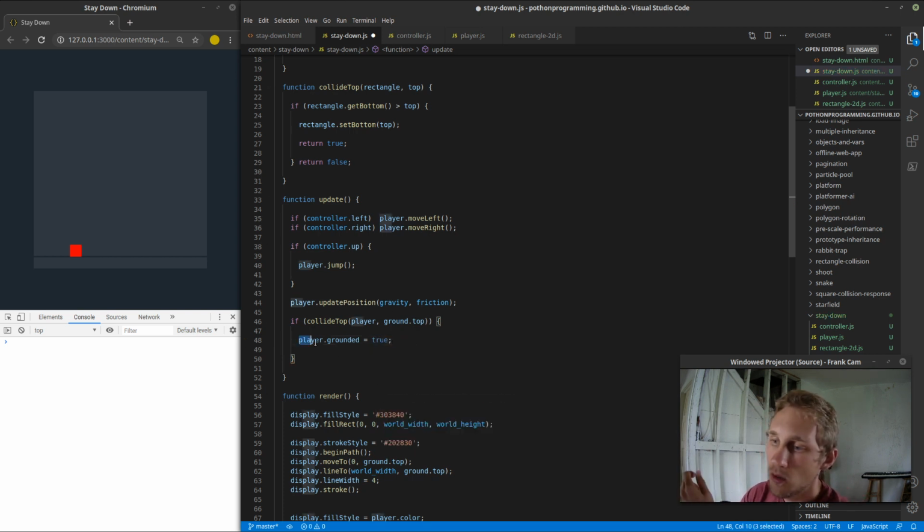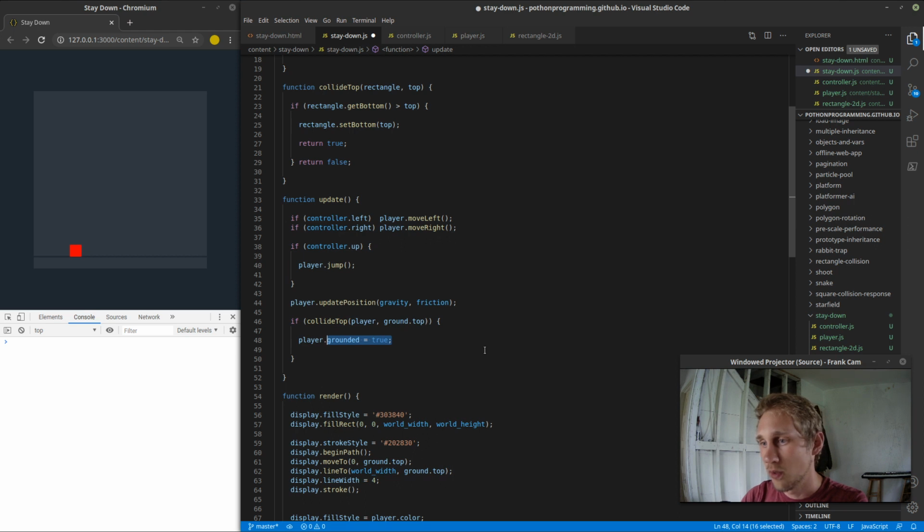This might not be the right way to go about things, but I personally feel it would be best to avoid setting properties directly inside of the main JS file just for cleanliness. I don't want to be setting properties or doing math or anything even mildly complex inside of this main JS file, because I want to keep it as clean and readable as possible. All of the behind the scenes dirty work, so to speak, is going to be done in the individual files themselves. So instead of setting grounded to true, we're going to do